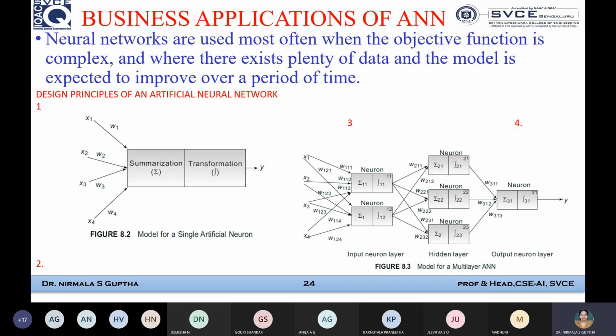Then the third design principle. So what is this third design principle helping us to do? We have a diagram given in the slide also. This is design principle 3, wherein the complete model does not have just one node. You can have n number of neurons there, because you can see 6 total blocks, and it is a model for a multi-layer artificial neural network. There are 3 stages given.